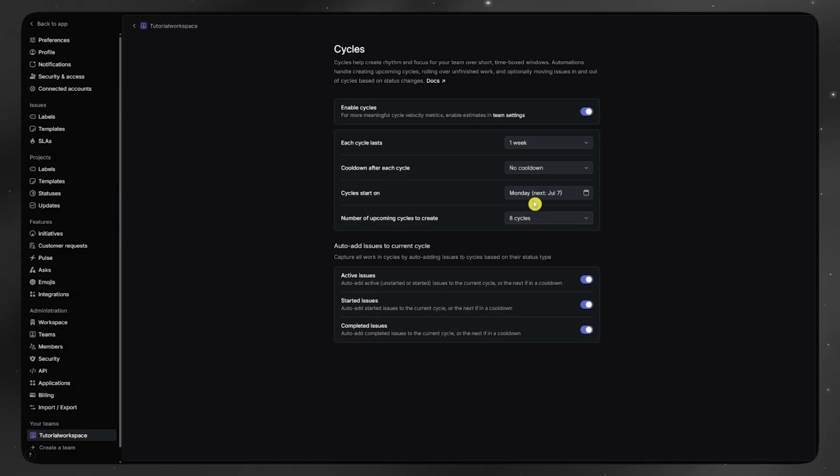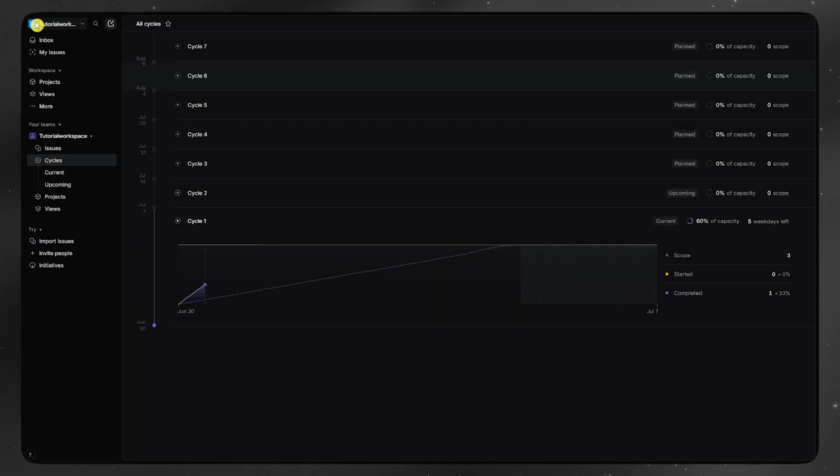And then once you're done, you want to go here into number of upcoming cycles to create. You can go for 6 so that you would have 7 in total, including the current one. So once I've set that on 6, we can now go back. And then from here, you'd now be able to see in these cycles that I have a total of 7